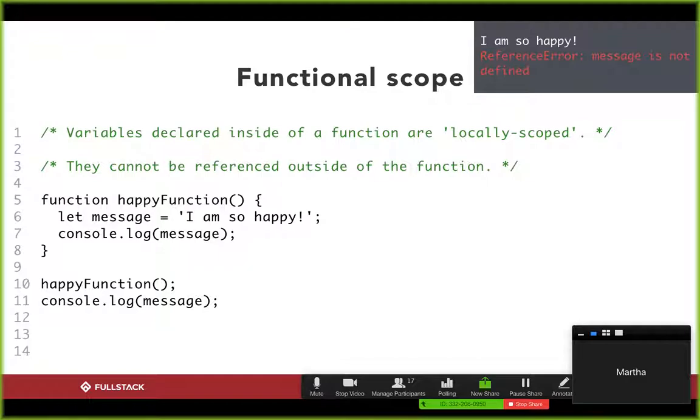Okay, question. Yeah, go ahead. I have a quick question. Why did it say reference error message is not defined as opposed to the previous slide where it just says